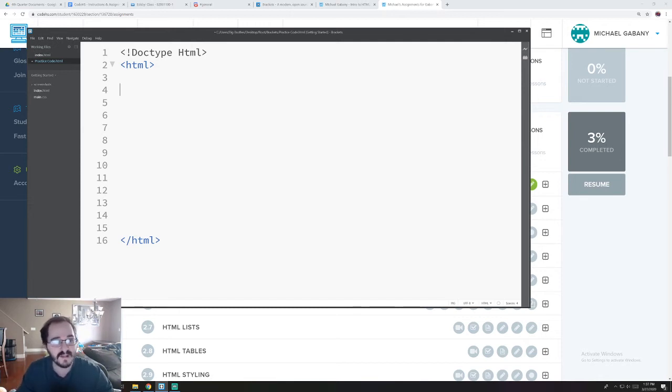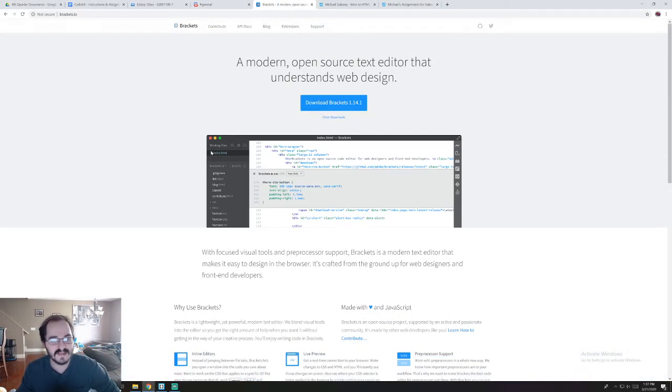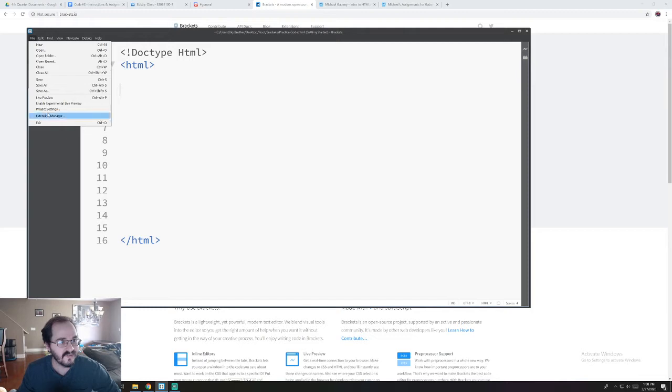That's for your compiler. This right here is Brackets. It is a compiler. We've used it several times in class. Once again, it's called Brackets. Brackets up here. You can download it. As you can see, here's my download page that I went to. I just typed in Brackets download, and it's free. It's open source. I also did file